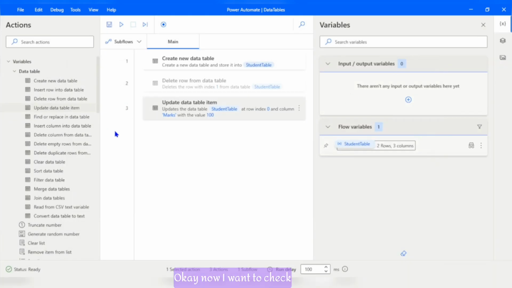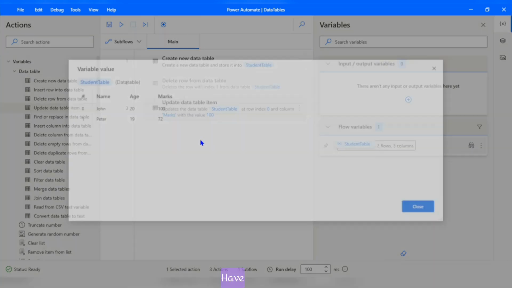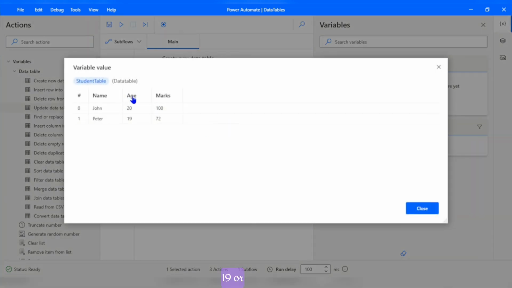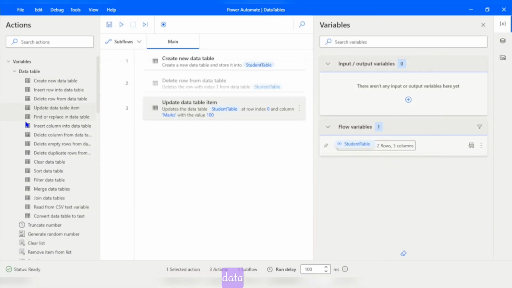Okay, now I want to check whether one of the students has age 19, or I want to check whether my table contains the name John, or my table contains a particular value. I want to find something, and I want to replace that with another value. For example, if I have given an incorrect spelling of John, I want to replace it with the correct spelling, or if I have given something wrong, I want to replace that. So what I can do is use the find or replace in data table action,